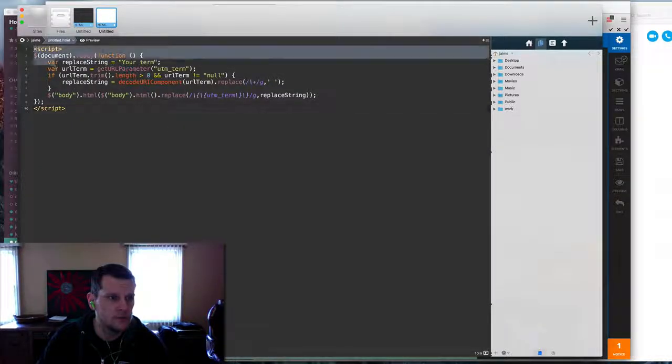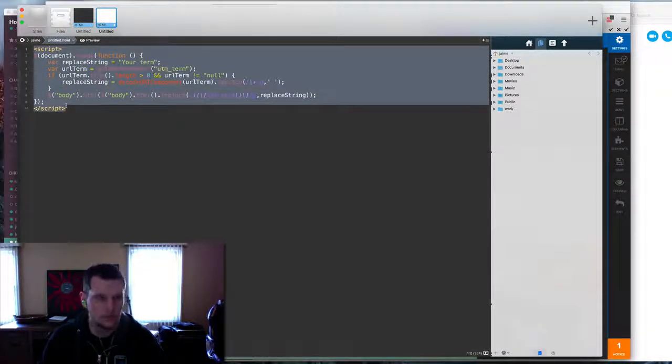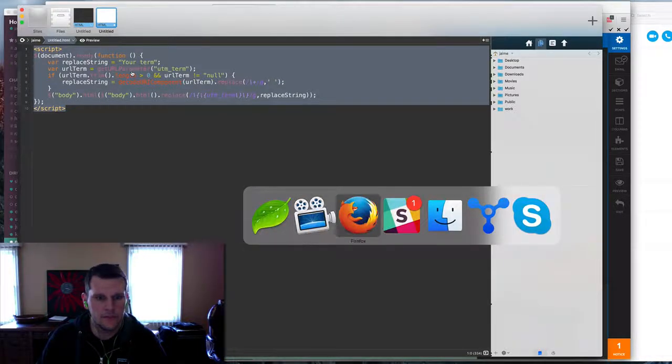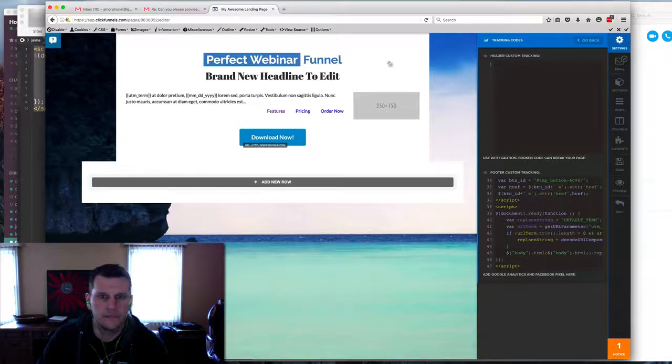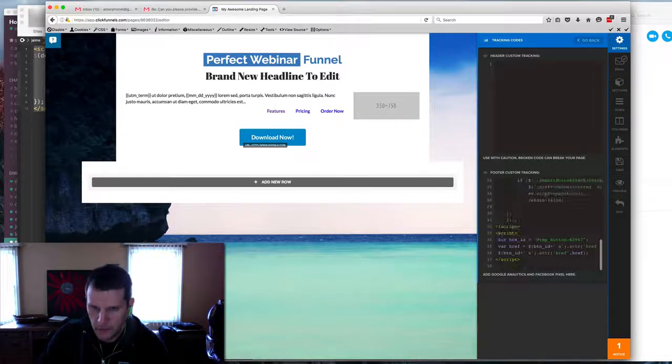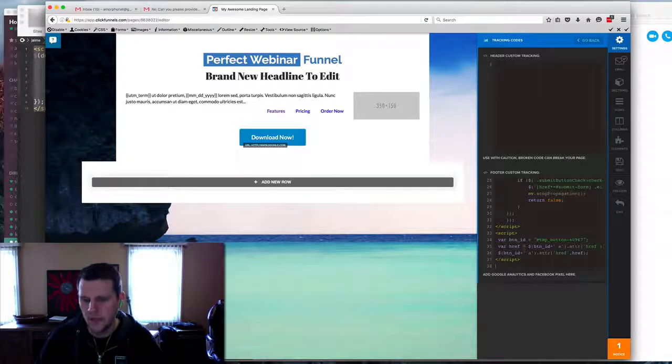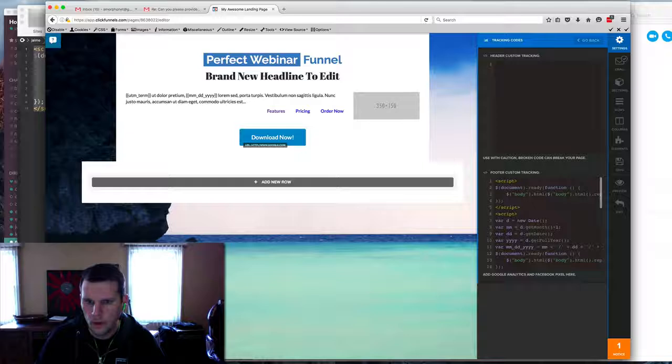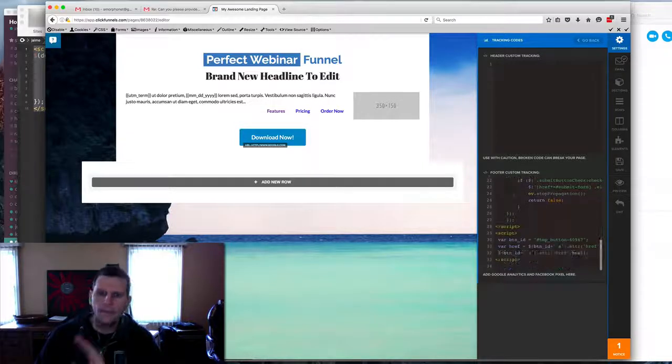But basically, you just copy this content, and then we're going to bounce into a test sales page that I've got thrown together, and we're going to paste that script in. I've got one already installed here, so I'm going to clear that out. But you're just going to go into your footer custom tracking section and scroll to the bottom or all the way at the top. Just make sure you're not wiping out what's already in there, but just paste that new